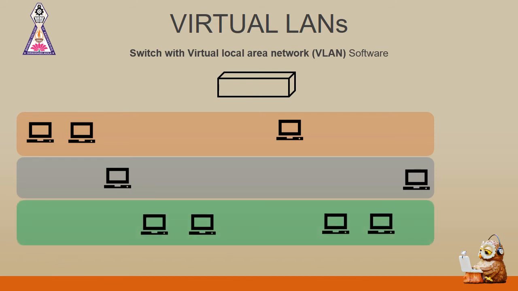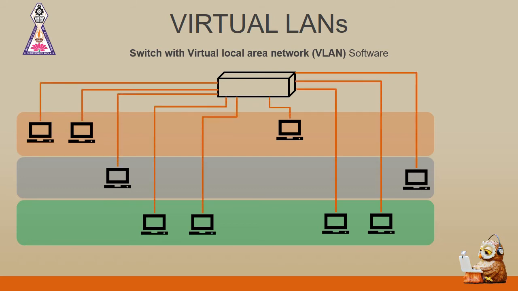Each individual virtual local area network is a group or a project work group in an organization. If a person wants to move from one group to another group, it is not required to make physical wiring changes. Just the software has to update its presence dependent on the group membership. So here we could clearly see that I have divided this entire local area network into 3 groups, that is VLAN 1, VLAN 2 and VLAN 3.